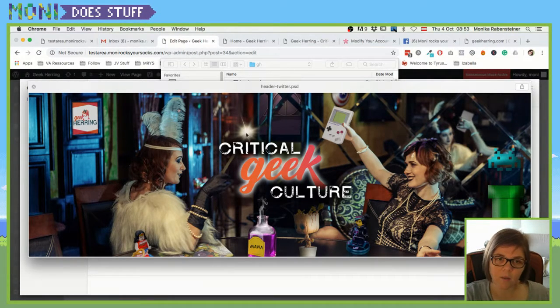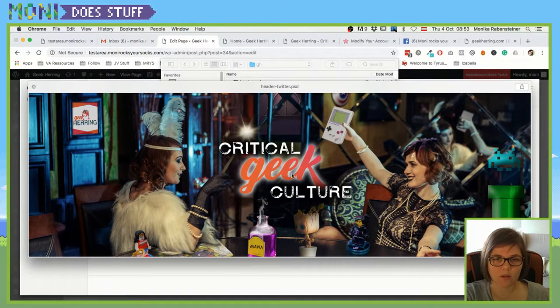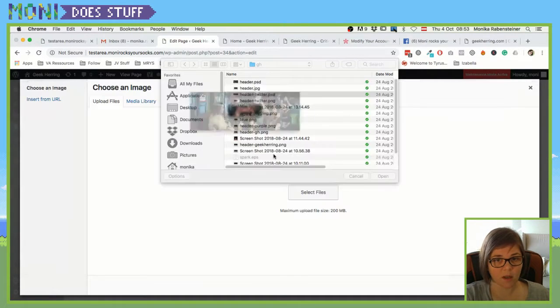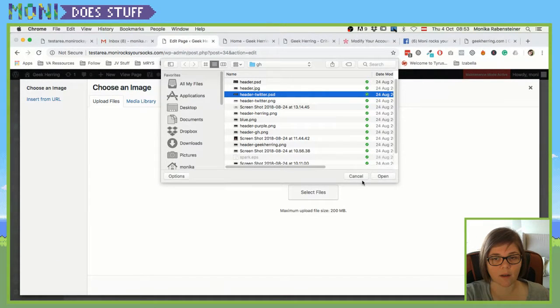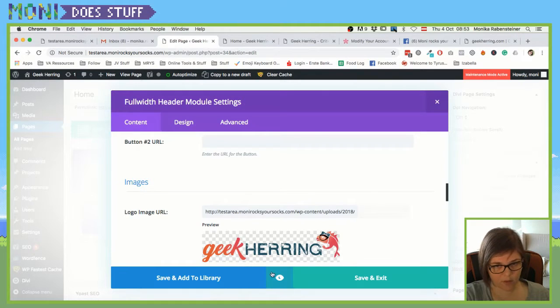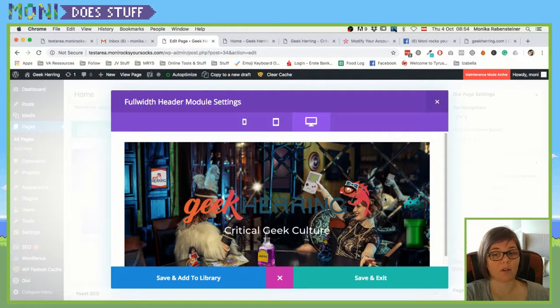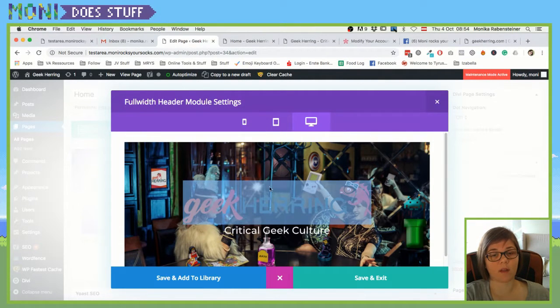So what I want to do now is I take that image and open it in Photoshop because that's where I created it, and we'll then use just the text as it is, save this as a PNG and upload it as an image. I will just show you what it looks like with that logo. So it's an image on top of the other image. It's a bit big here, and you still need to adjust the thing, but I will use that image on top of the image, so whenever I want to change it up,